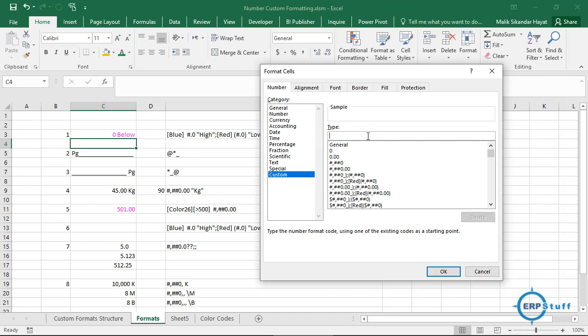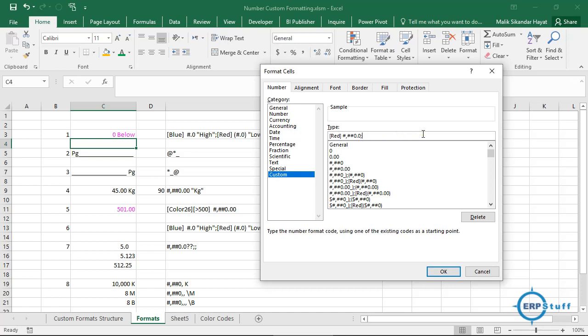So if it is a positive number, I will put brackets and I will say red. How many decimals? 0.0, right? And then if I want to display some color, it's okay.